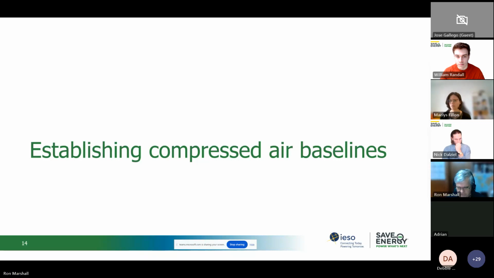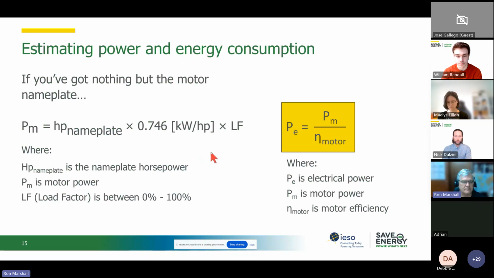You might have amps, you might have pressure, you might have characteristic curves. And you might only have compressor status, whether it's loaded or unloaded for periods of time. Use that information to be able to estimate if there's some significant potential for you to capture in improving your system. So the really simplistic way to estimate power and energy consumption of a running compressor is